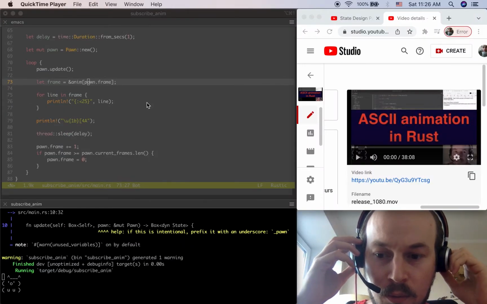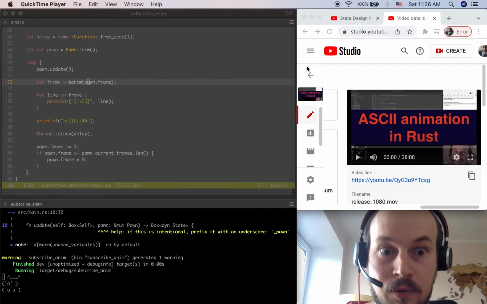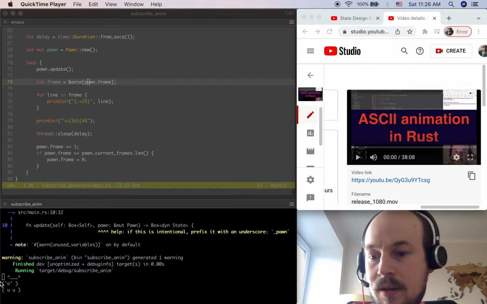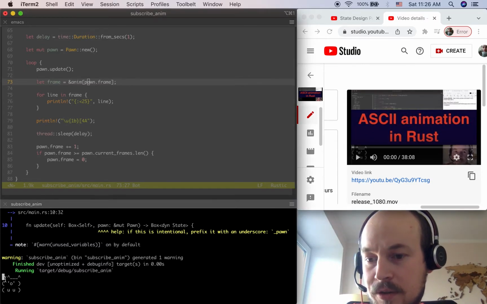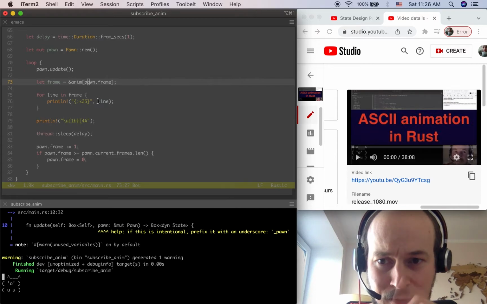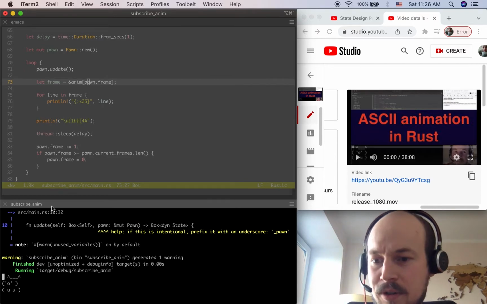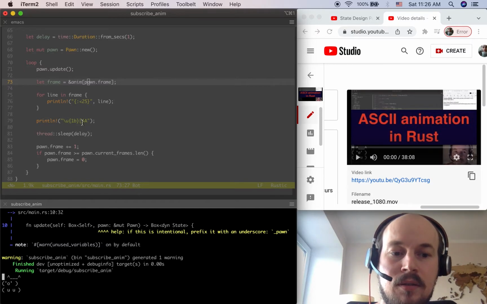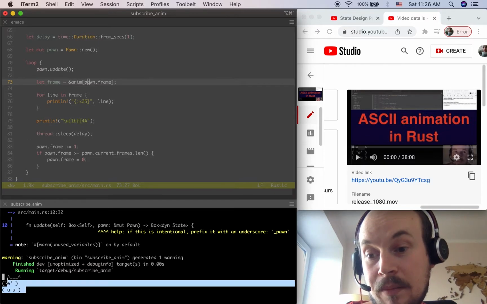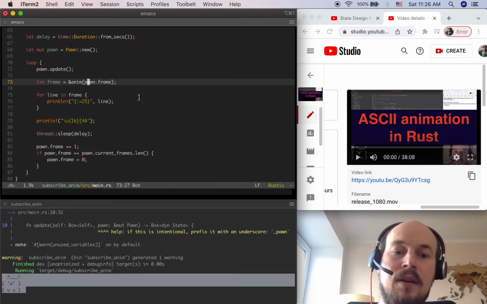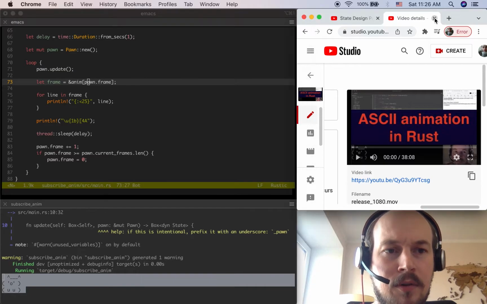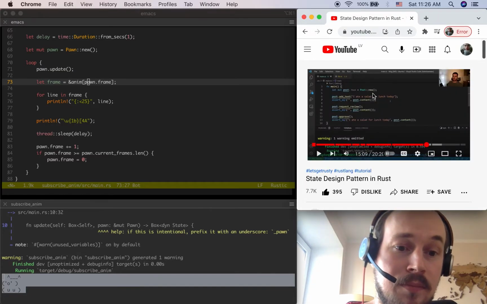Hello and welcome to another session. So in the previous video, ASCII animation in Rust, I made a simple ASCII animation from just composing a bunch of frames. And in the end, I mentioned that I wanted to create some basic state machine so that my character could switch animation frames based on the state. So I decided to do exactly that, and I wrote some code already off camera,